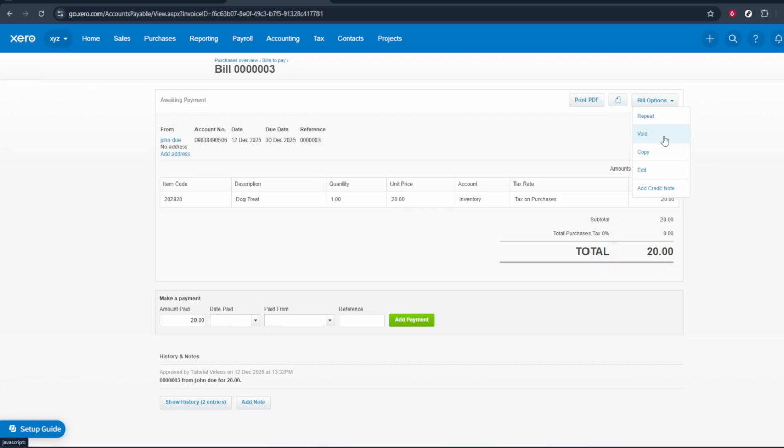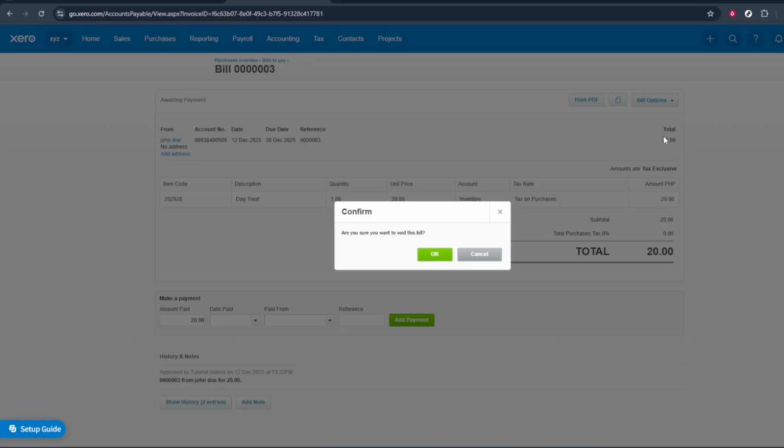After you click Void, Xero will show a confirmation message asking you to confirm this action. This is your final chance to make sure you've picked the correct bill. If you're certain you want to proceed, click OK. Once you confirm, the bill will be voided and will no longer affect your balances or